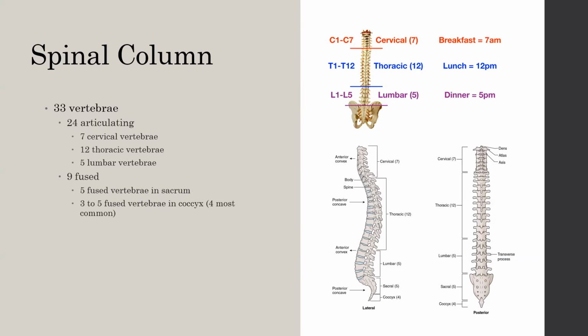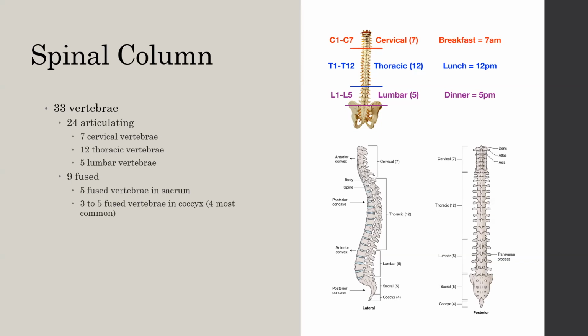24 of those is what we categorize as free moving or articulating vertebrae. And 9 of those vertebrae will be fused. That'll be located more so at the posterior region of the spinal cord. Within our articulating region, we have 7 cervical vertebrae, 12 thoracic vertebrae, and 5 lumbar vertebrae. And for our fused region, we will have 5 fused vertebrae in our sacral compartment and around 3 to 5